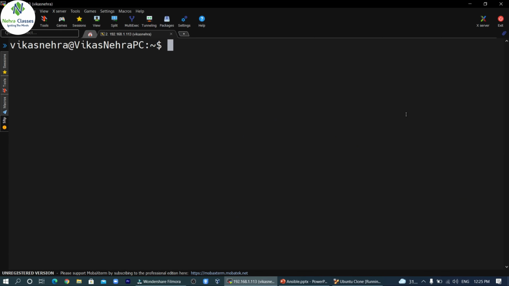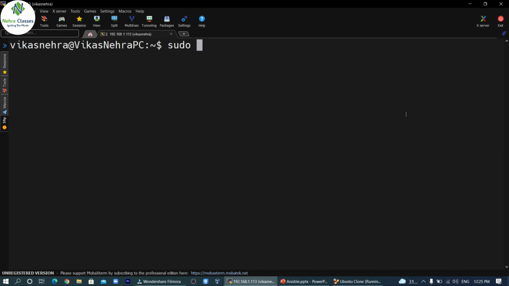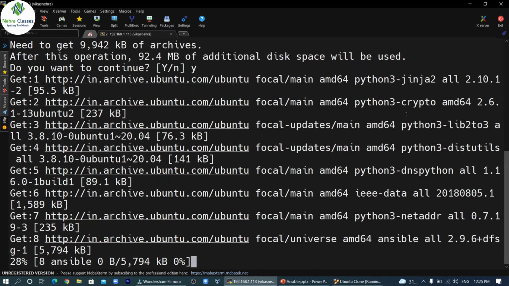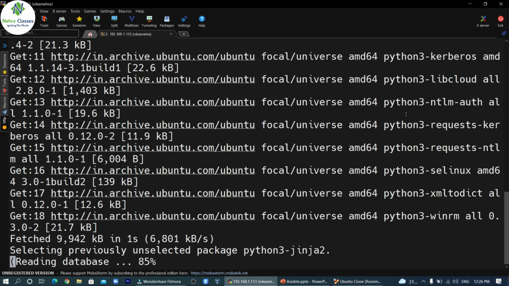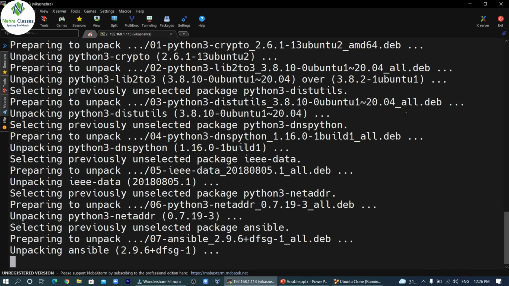Now in the next step we will again execute sudo apt-get update command to update the installed packages. So everything is good. Now we can install Ansible. To install Ansible, we will execute sudo apt-get install ansible command. This command will install the Ansible packages from the repositories that we have added earlier. And this process will hardly take 2 to 3 minutes. So you need to keep patience again, and once the installation is done, we can start using Ansible.